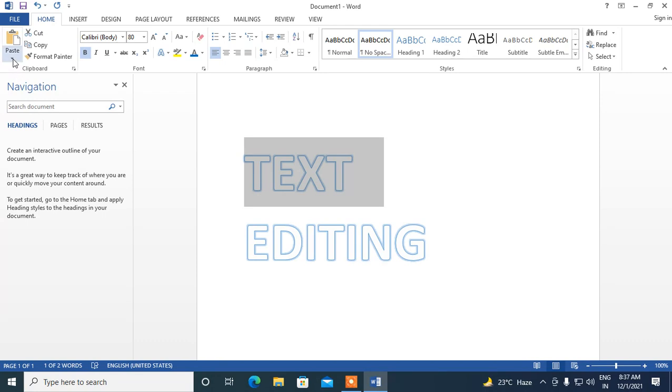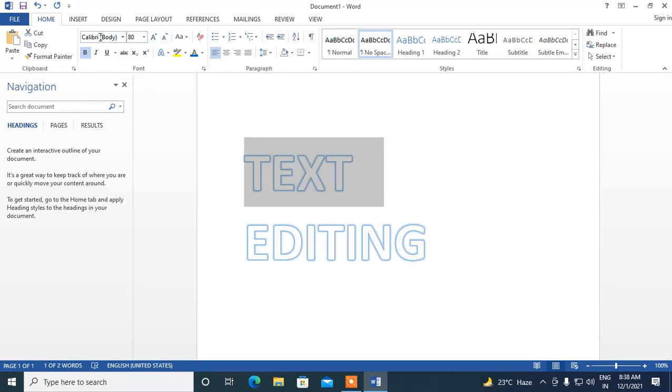You will find the clipboard group over here. Clipboard is written here, so it is in the clipboard group. Copy, paste, and even cut are in the clipboard group. So you know where these are found.